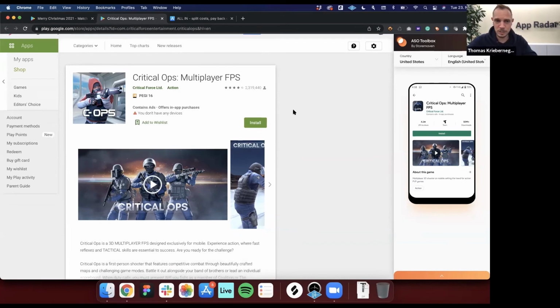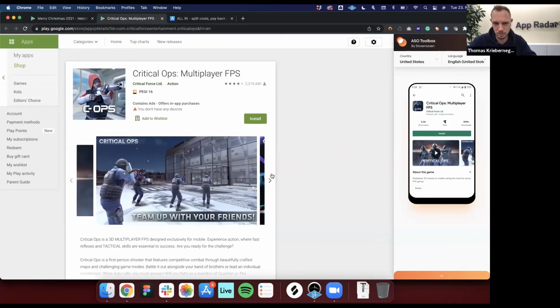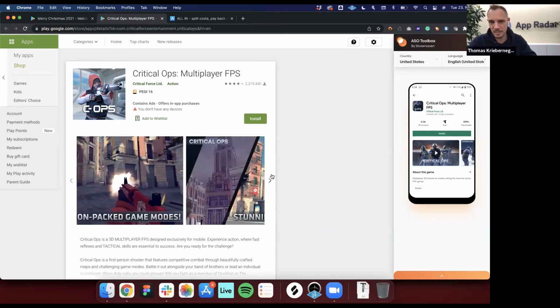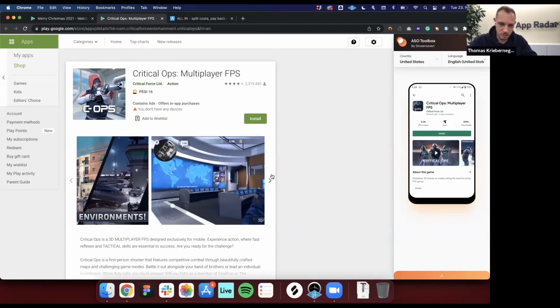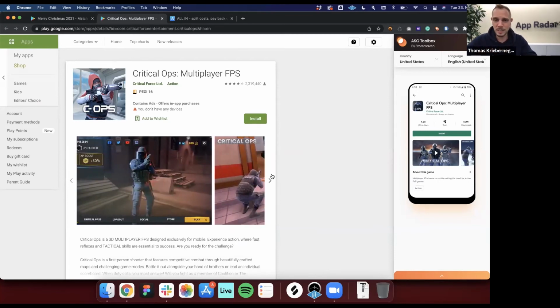So first of all, we're talking about seasonality. What we can see when looking at this first impression, and also when we scroll a bit through the screenshots, is that there is not really any seasonal content. So this is already the first optimization tip. Maybe those guys will be launching this later, because we are still in November, and if they're doing a Christmas promotion or have an in-app event planned especially for Christmas, then it can be that they're updating it later. So maybe we'll need to check it out.